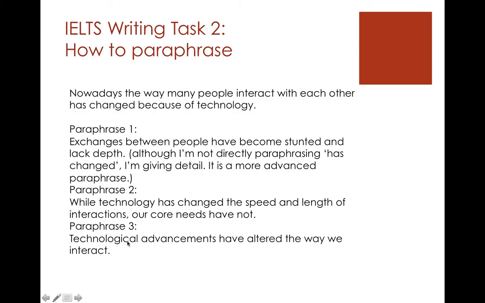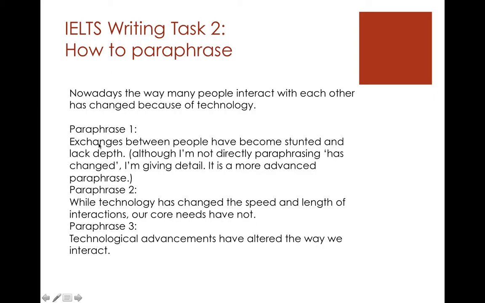All right, let's take a look at number 3. This is the 6th paraphrase. Technological advancements have altered the way we interact. Can you see how I've paraphrased this? So where is this from? Yeah, it's from here. And where is altered from? Right, good. Altered is from changed, and the way we interact is from here. So if we wanted to make this perfect, we could say technological advancements have altered the way we